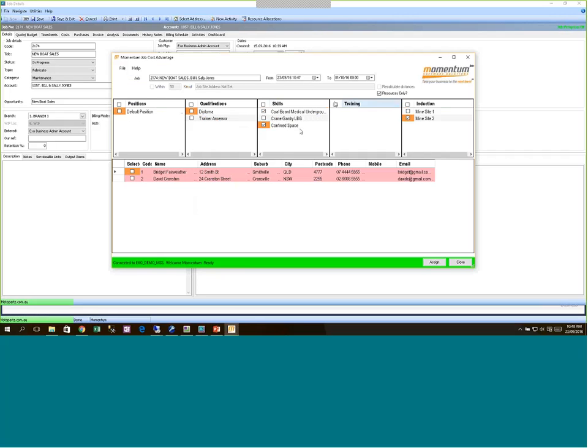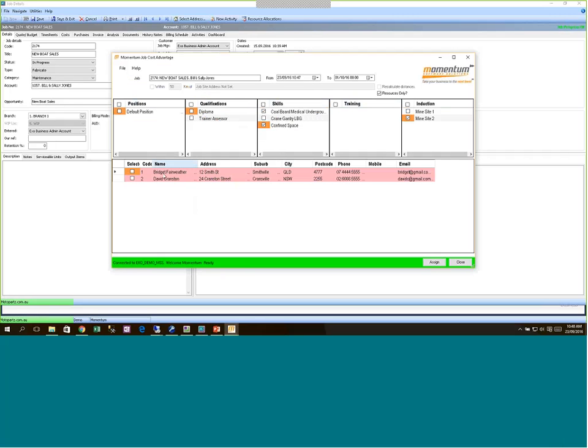So any combination of criteria relating to qualifications, skills, training, inductions, and position. Position might be boilermakers, fitters, electricians,